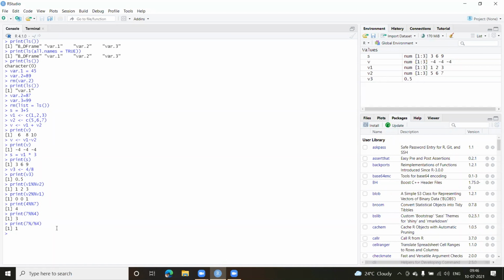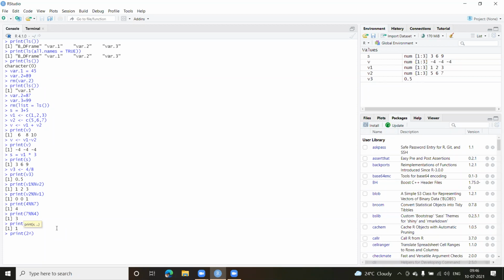I hope all the operators here are clear. I think there's one more operator which I missed out. That is the exponent operator, to the power of. If suppose I want to find the power, for example, let us say print into bracket 2 raised to. So in that case, there's a caret sign. This is known as a caret sign. So the first raised to the second one, the exponent of the second one.